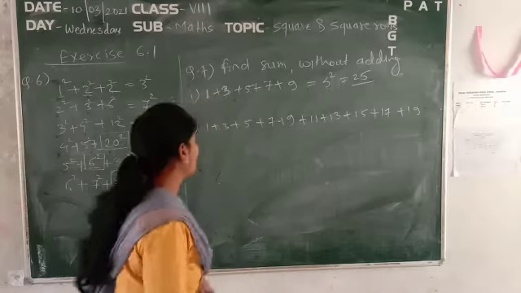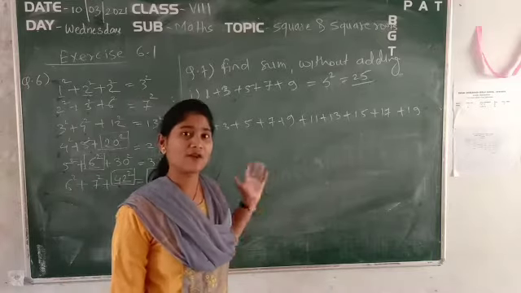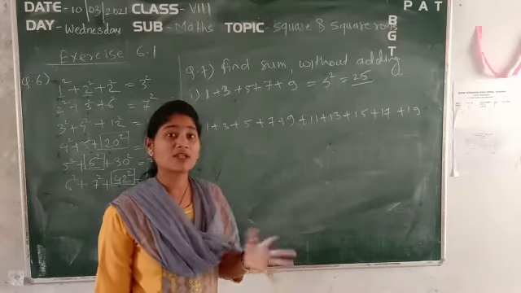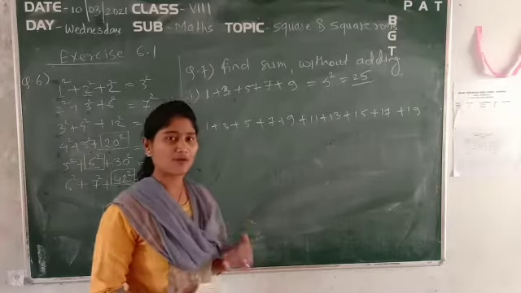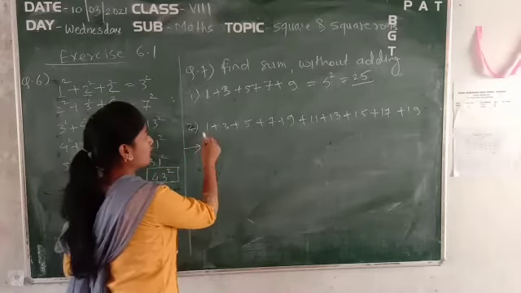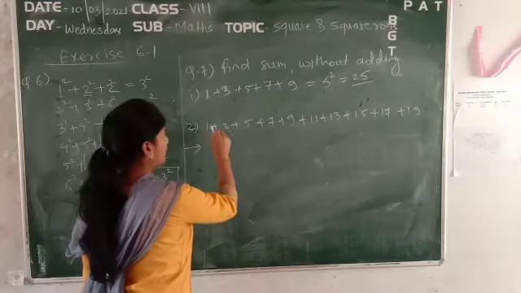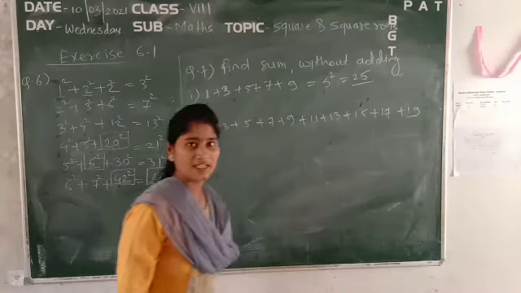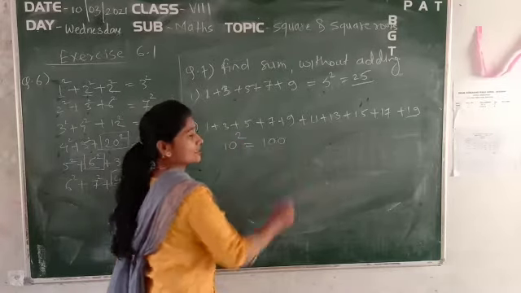Easy now? Okay, good. Now see the second case also, you have to find out the addition. So just see once, if you do the addition of all these by writing one number below the other, how much time will be consumed? A lot of time it will take. Okay, so that's why in order to save our time, we have to use that particular property for each of the numbers. Okay. So here also count how many numbers are there and take the square of this number. So you will get the final answer. So see, just count 1, 2, 3, 4, 5, 6, 7, 8, 9, 10. How many numbers is it? 10 numbers are there. That's why do the square of 10, which is equal to 100.